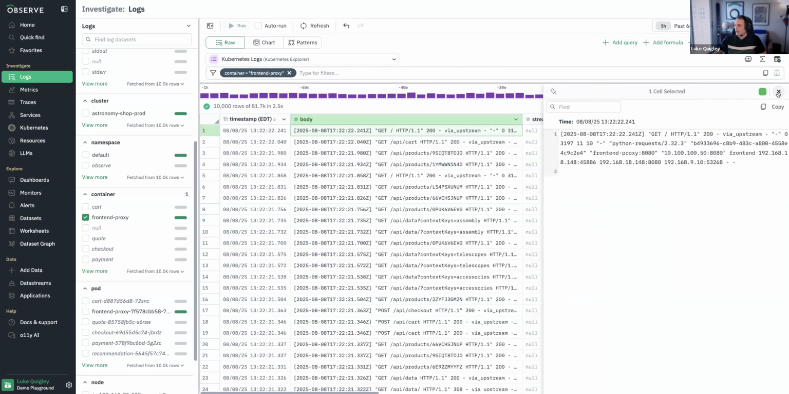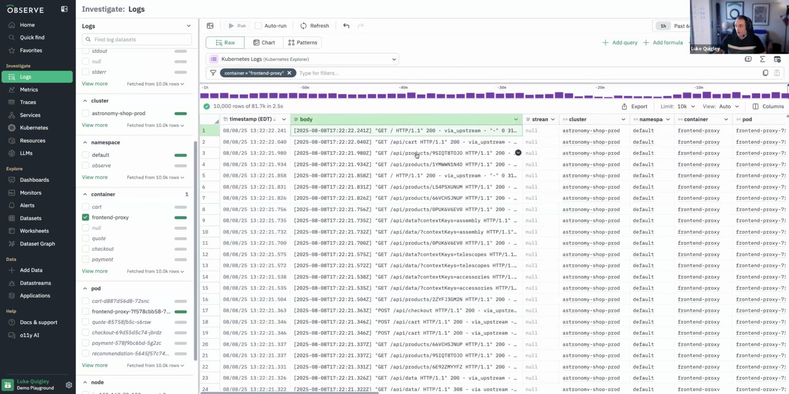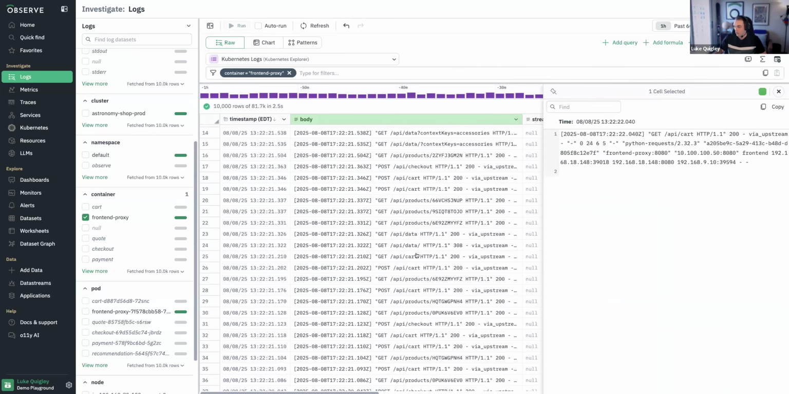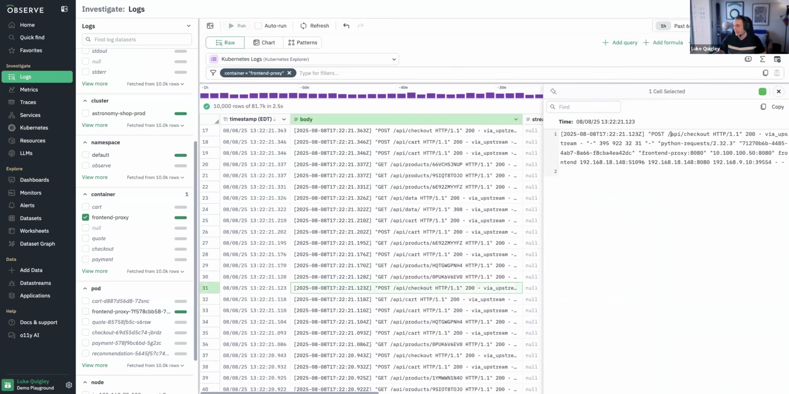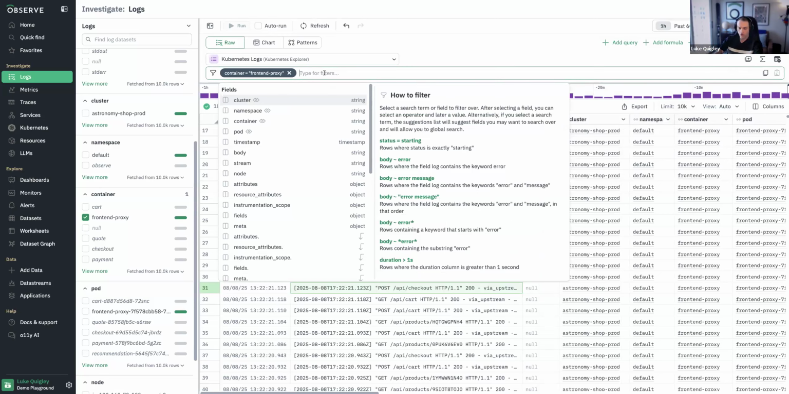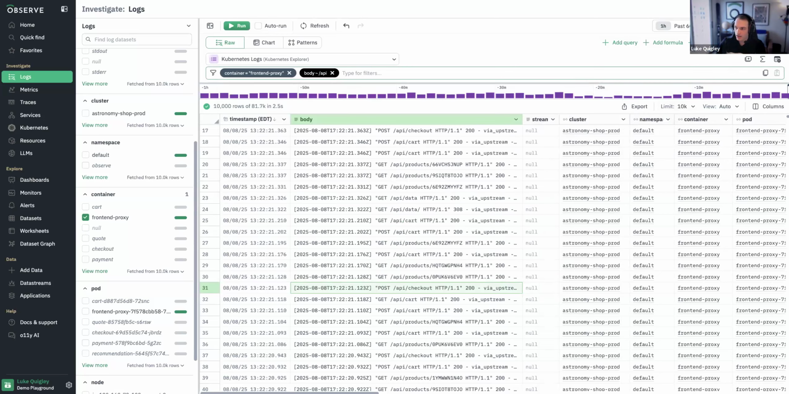I'm particularly interested in the API calls because I want to see if any of these APIs, especially the ones that involve checkout, are failing. Like /api/checkout, this one returned a 200, but I want to get a breakdown of this and understand: is it an API that's failing, or is there a particular endpoint that's facing issues? So what I'm going to do is search for /api